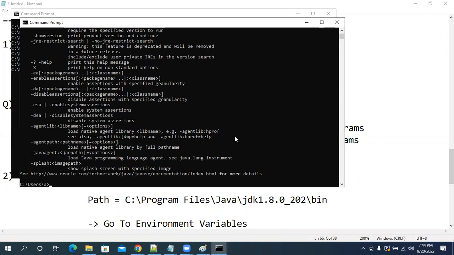If you get the problem 'Java is not recognized', that means your path setting is incorrect. So that is how you need to troubleshoot the problems. I have shown you the problem and I have shown you the solution also. Are you guys clear with this? So with this, what have we done? Environment setup is completed. We are able to download and install, and we are able to complete the path setup also.